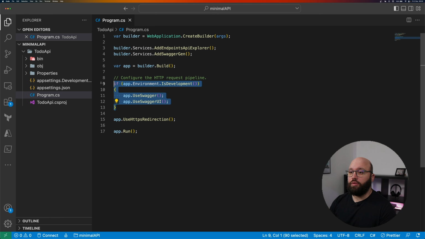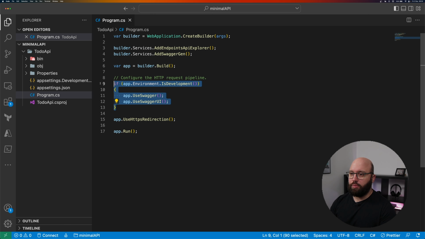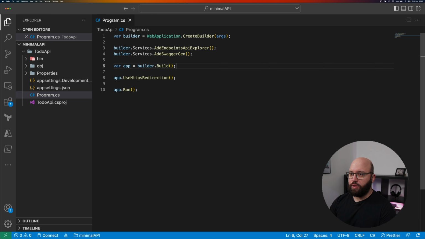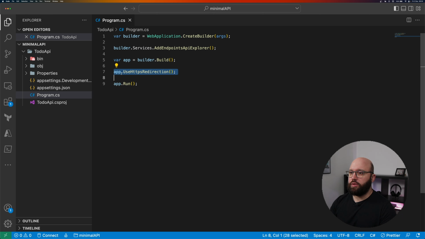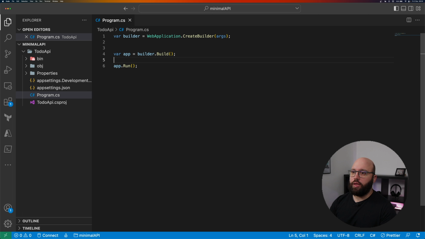So what I can do, let me remove this. Tell you what, let me copy this so we can put it back later. But if I remove all of this, and I remove this, and I remove this, and I remove this, now we can see that within 3 lines I can actually, let me open my terminal,